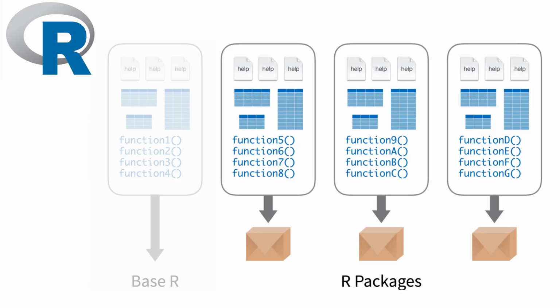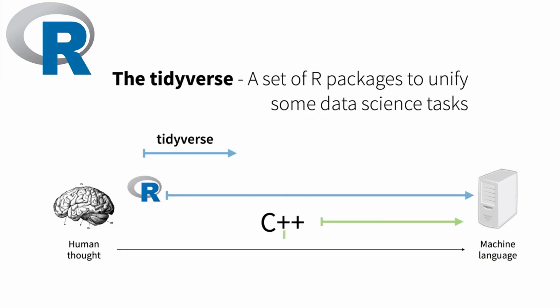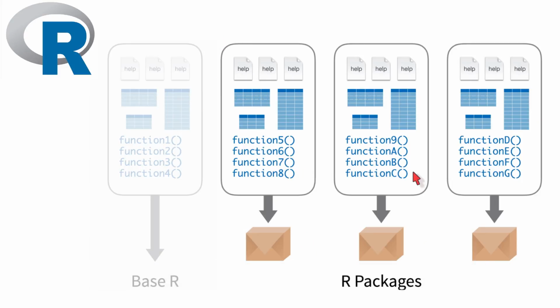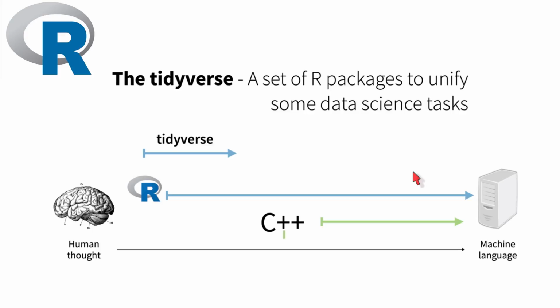maybe 15,000 packages today that do different things. So the tidyverse, which we are going to be talking about in a moment, is a set of packages. So you can imagine, let's go back one slide. So you can imagine that these packages could be packages in the tidyverse. So the tidyverse is one package itself, but it's also a collection of packages. So when you install the tidyverse, all it does really is, we call it a meta package. All it does is it installs a bunch of other packages.